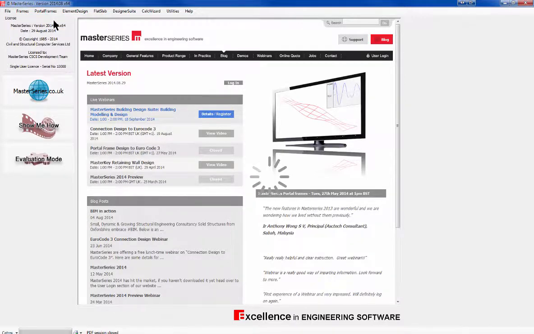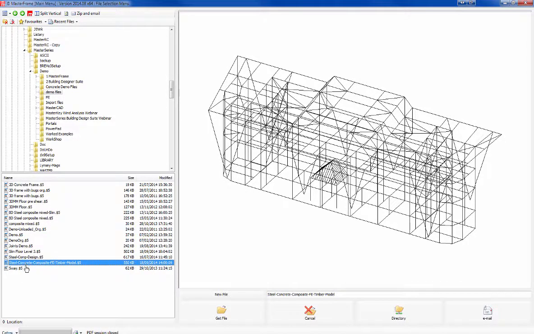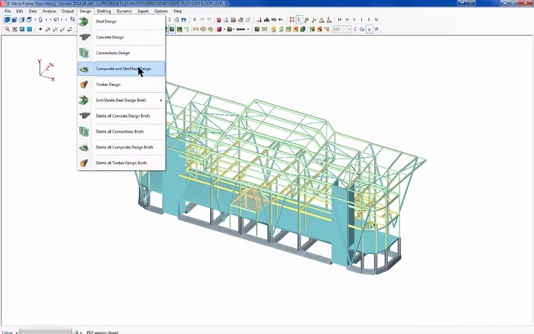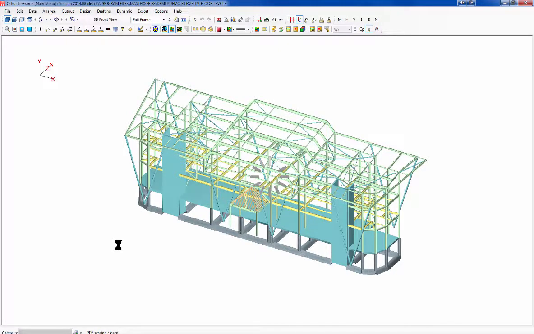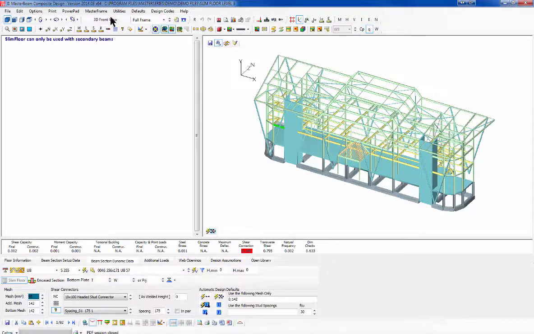Now, if I pull in the same model but with slim floor, I've created a different arrangement of beams on the third level of this frame to mimic slim floor arrangements. So if I go into design, composite, yes, and then I go into